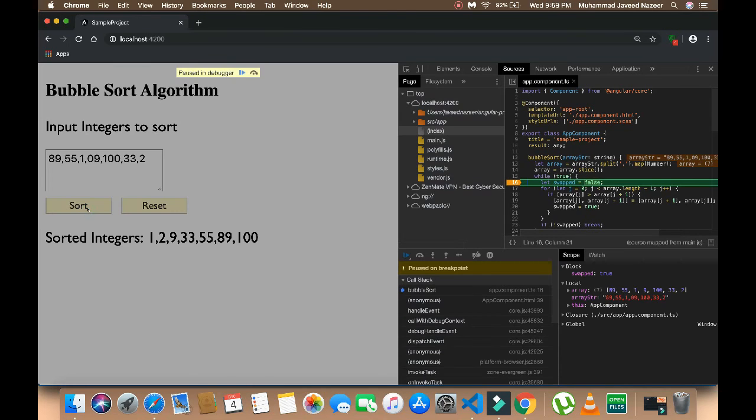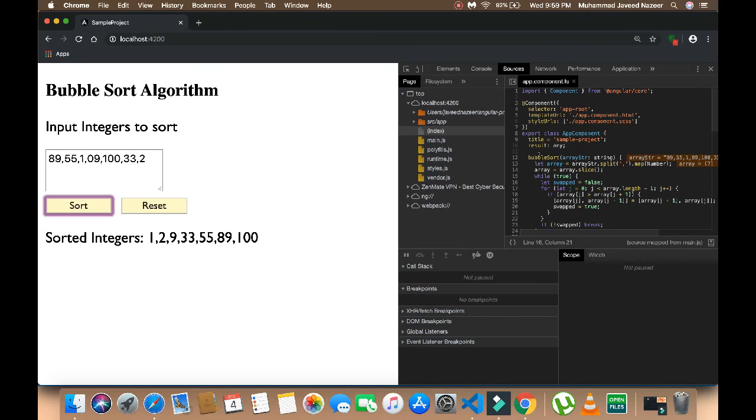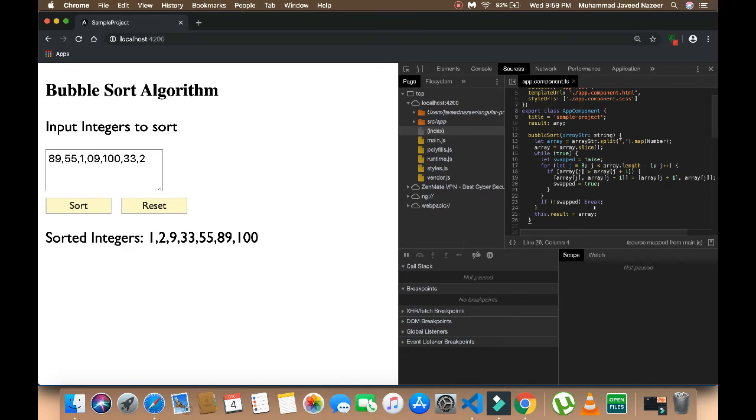Otherwise, it won't come here. Okay, I'm giving a conditional breakpoint here.